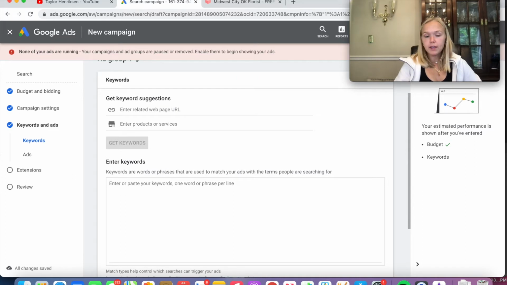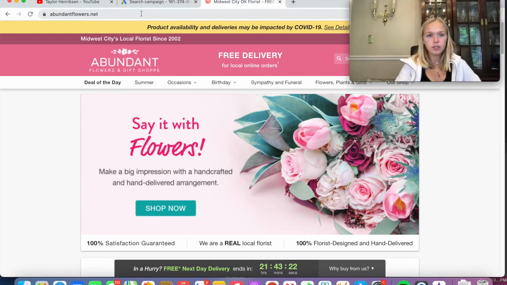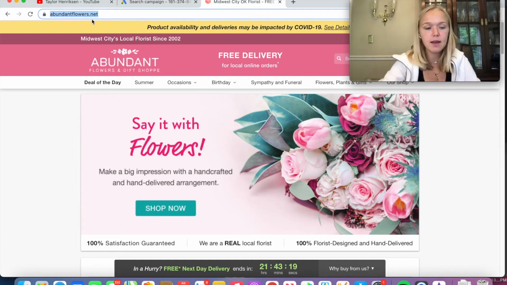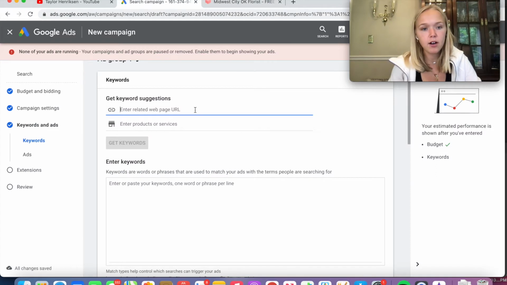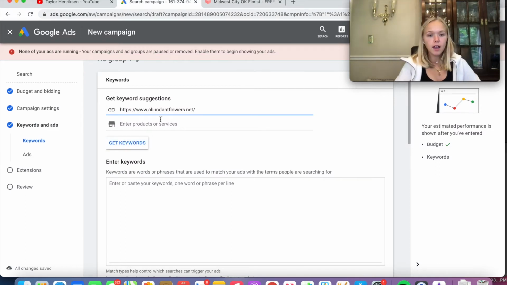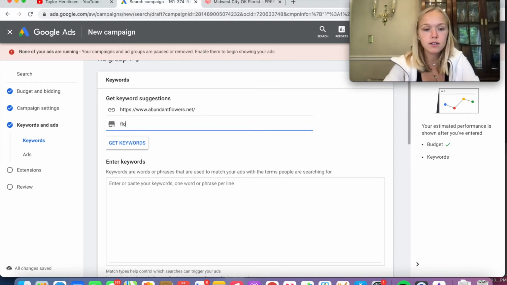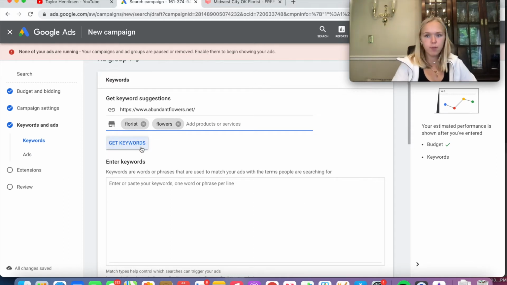Now we start thinking of the keywords. So this is a very important part. So there's a couple kind of tools that Google has to help make this a little bit easier of a process. So we can enter our flower shop's URL. I am going to use this flower shop as an example, Abundant Flowers. I'm going to copy that and paste it in right here. And then you can also enter products or services here. So you could say florist, enter, flowers, enter, just kind of a couple keywords that represent your business, and then you press get keywords,